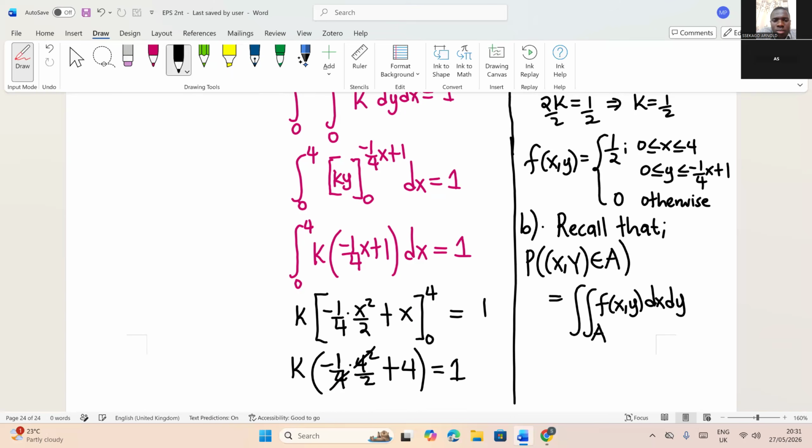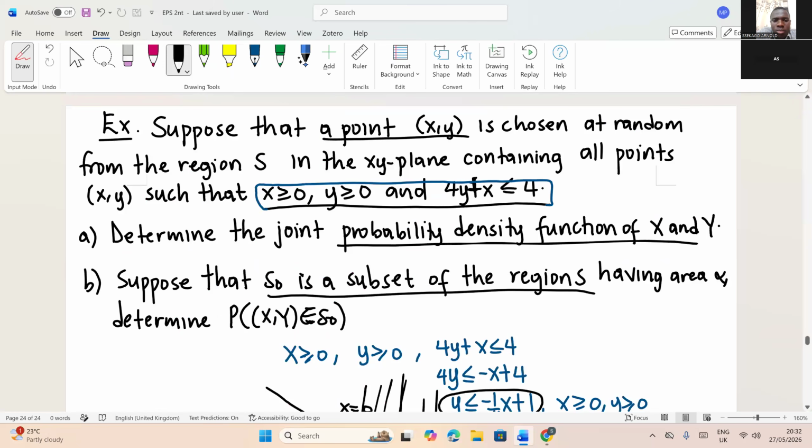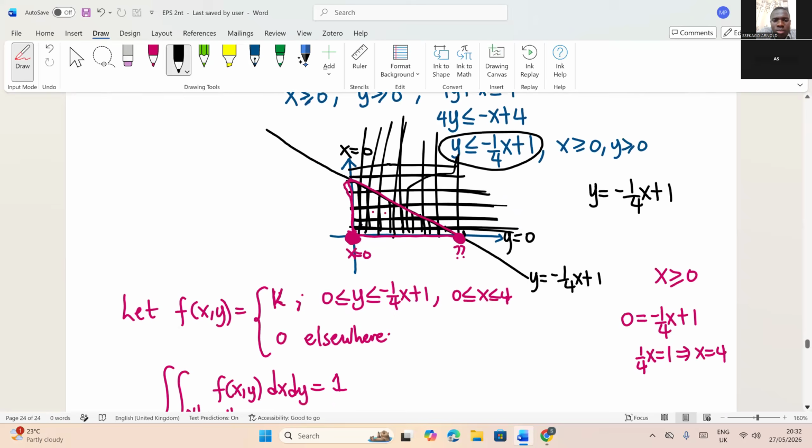That was the definition. Therefore, here I want the subset. The subset of the region is S naught. So therefore, from that property, we shall have